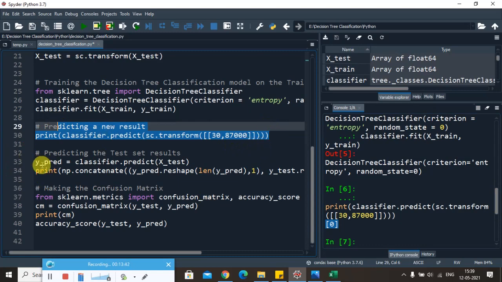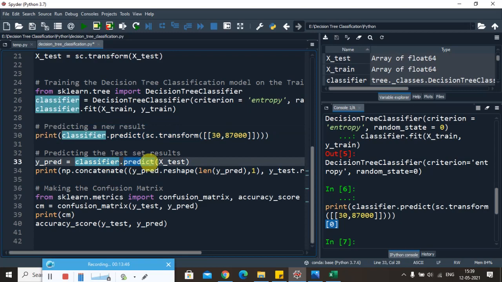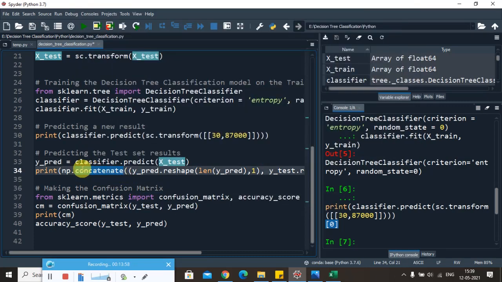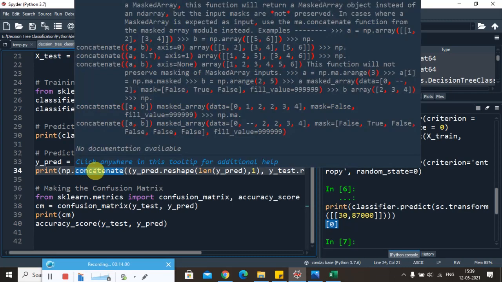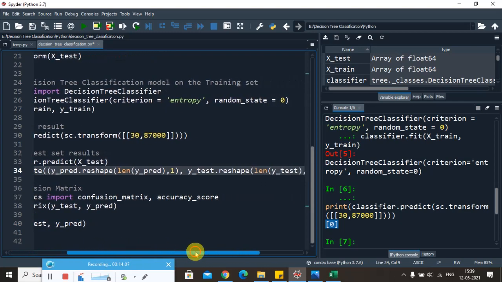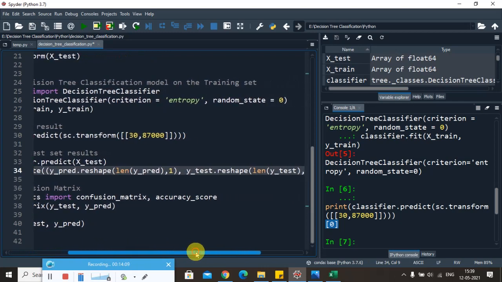Okay, so what we did here is we are using this classifier to predict all the data of the X test. Okay, and we are going to display the result in a row by row manner. That's the reason we had printed all the statements in this way. We had used the concatenation method via the NumPy library, and we had passed two parameters here.